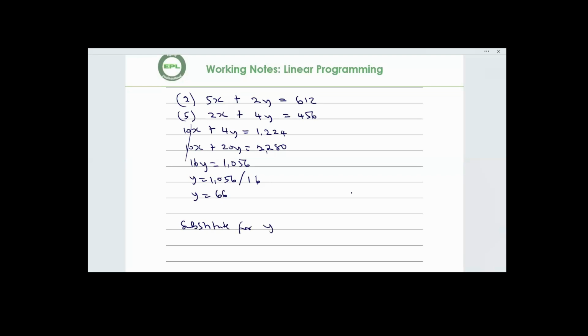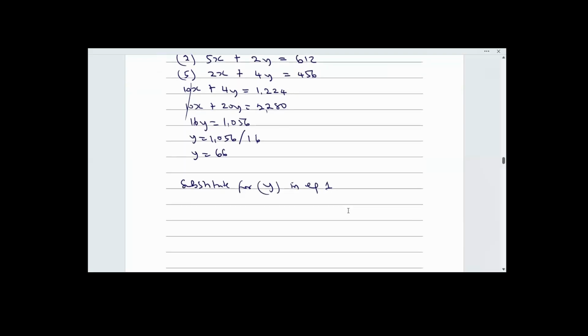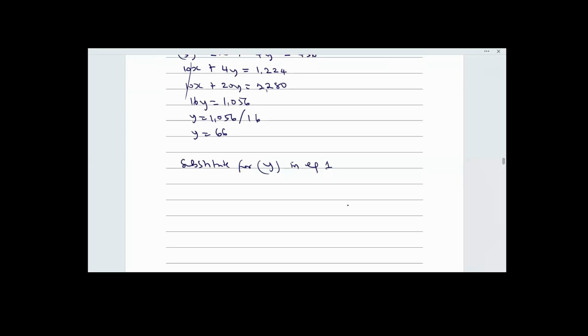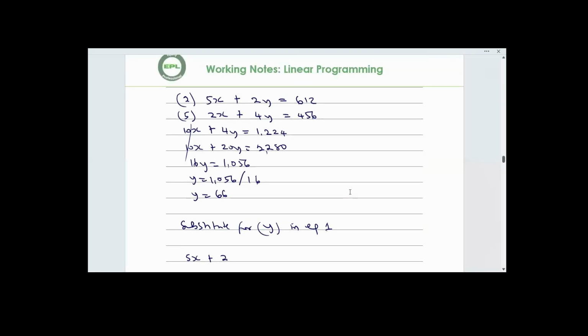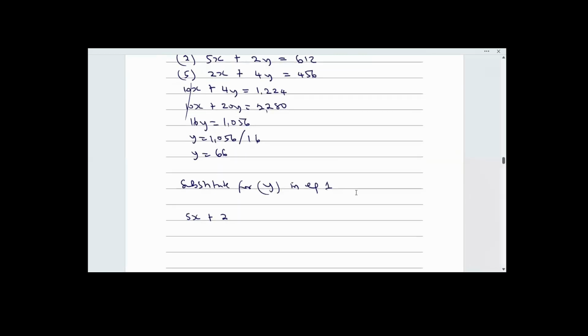For y in equation 1. So equation 1 is 5x plus, I think 2. Is it 2? Yes. 5x plus 2 into 66 equal to